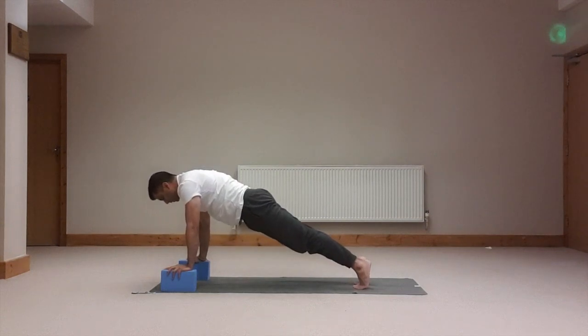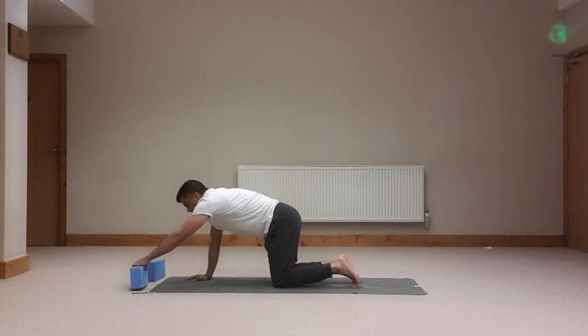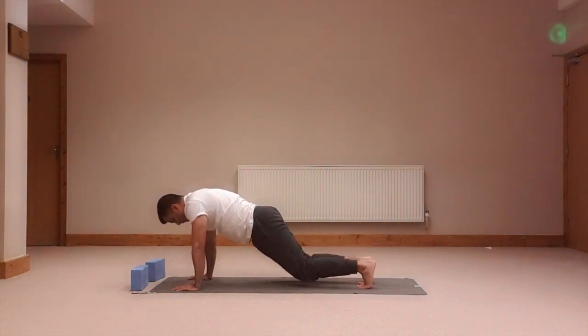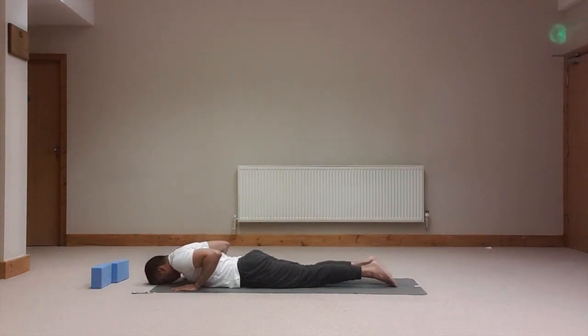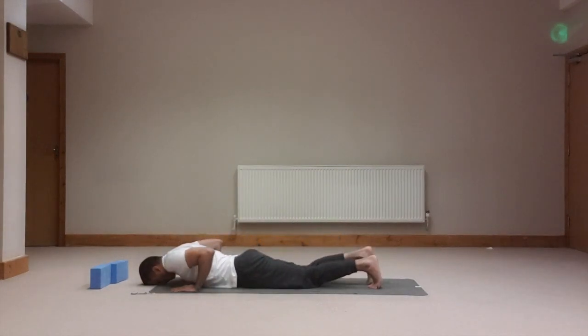Now if you're holding onto bricks, you don't want to lose the bricks here without dropping your knees. So first you drop your knees, lose the bricks, and then have your hands, and then bring yourself back into plank. Now you can plank here as long as you like to strengthen the core. And from here then we drop the knees if you want to, and you come down, and you slide yourself into your cobra. Or you're going to come from your plank, you're going to come down with control, and then